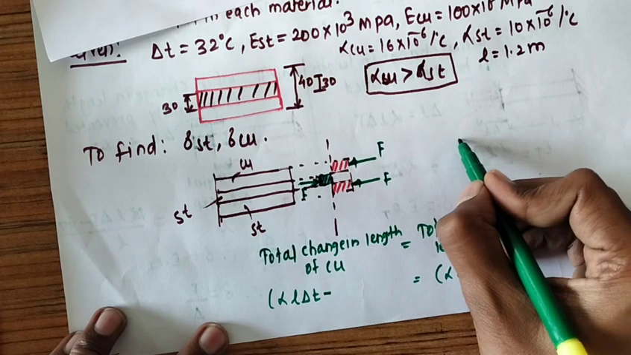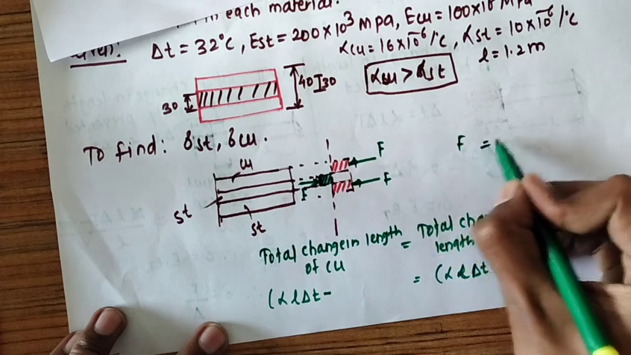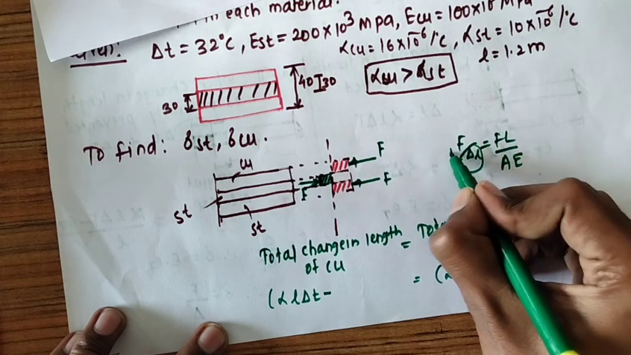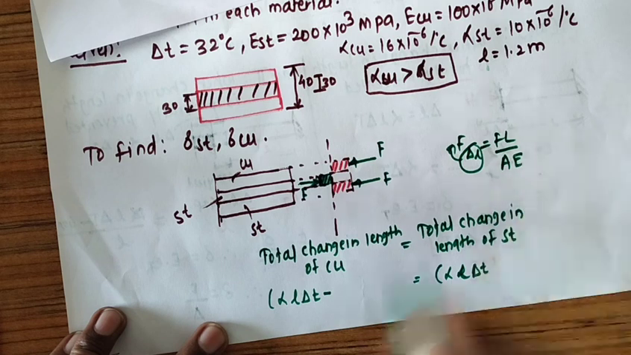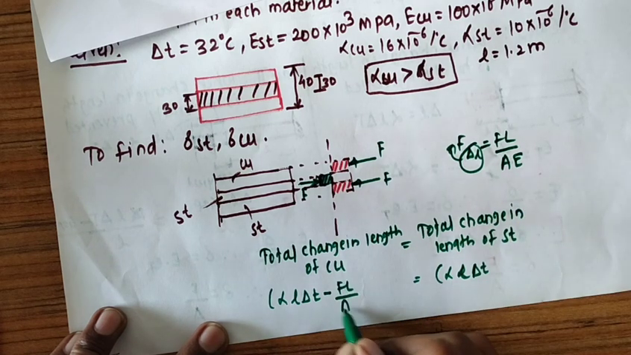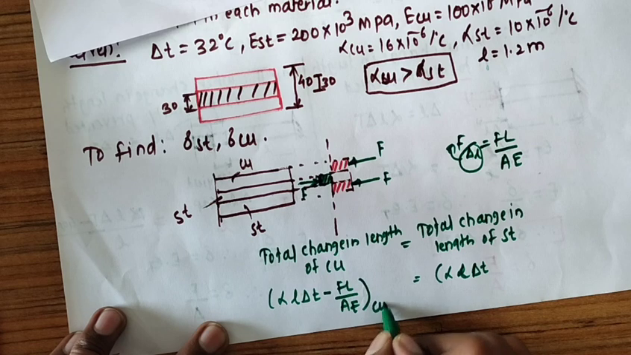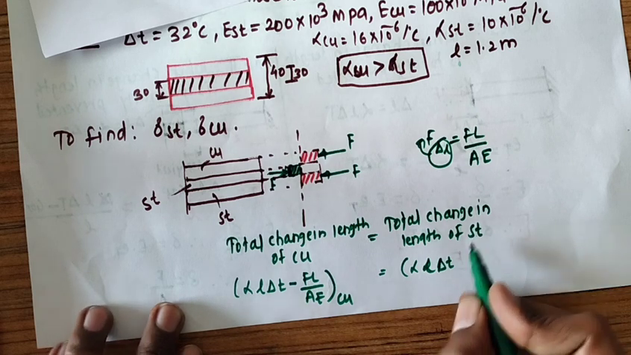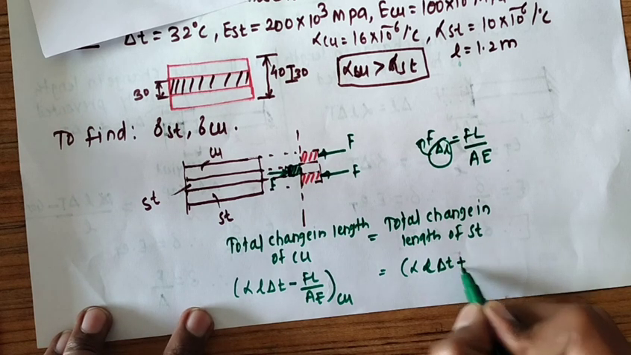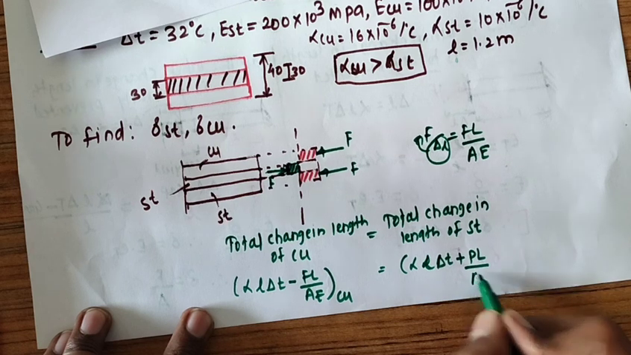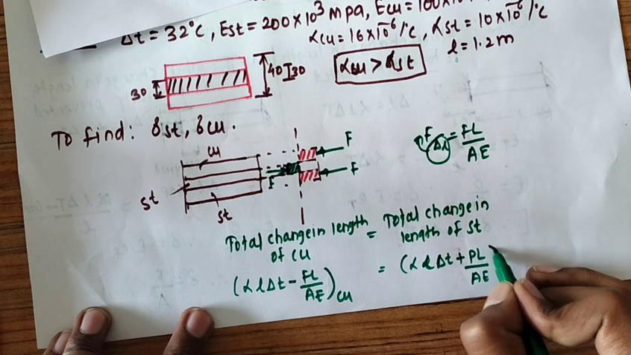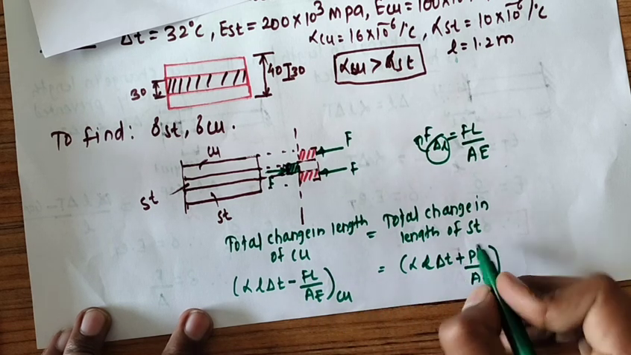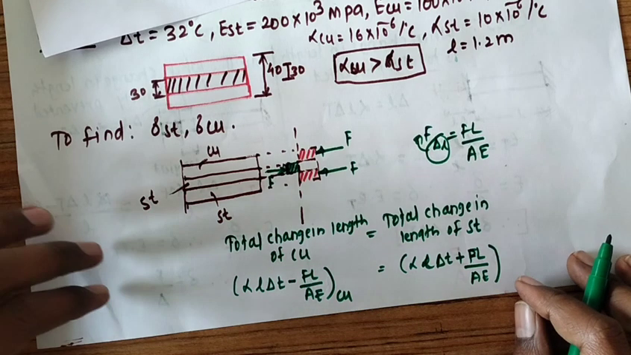Due to a force F acting, the change in length delta L is equal to F L upon A. Therefore it is F L upon A for copper. And for steel, there is a push force, so it will be subject to tension. So I am writing here F L upon A. Okay, so here it is minus, here it is plus. Now putting values,